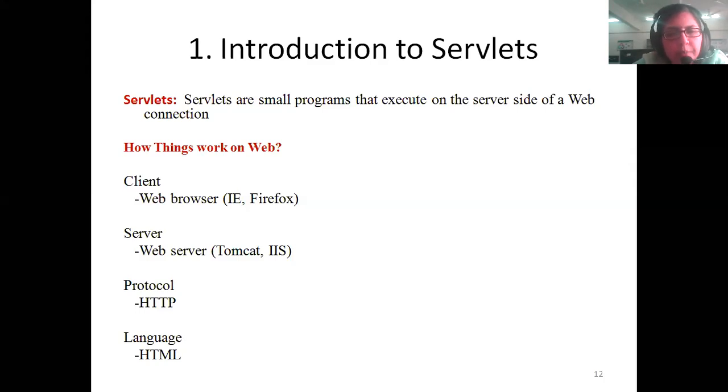Now, coming to the protocol which interacts between the client and the server, we know that when we type www.google.com, World Wide Web, this is over the internet. We have studied the OSI 7 layers in computer networks. In that, the topmost layer is the application layer. Inside the application layer, there are different types of protocols available.